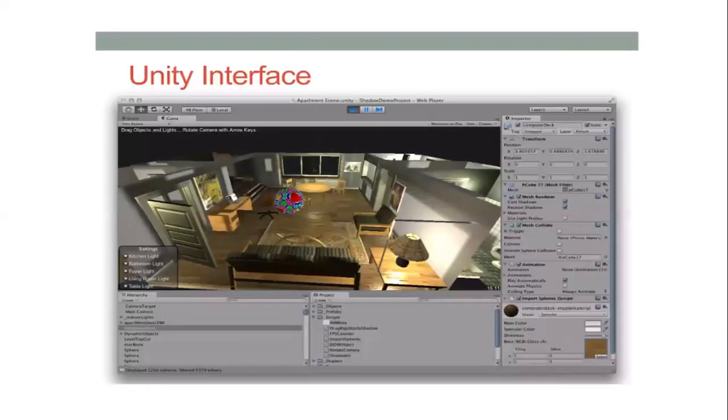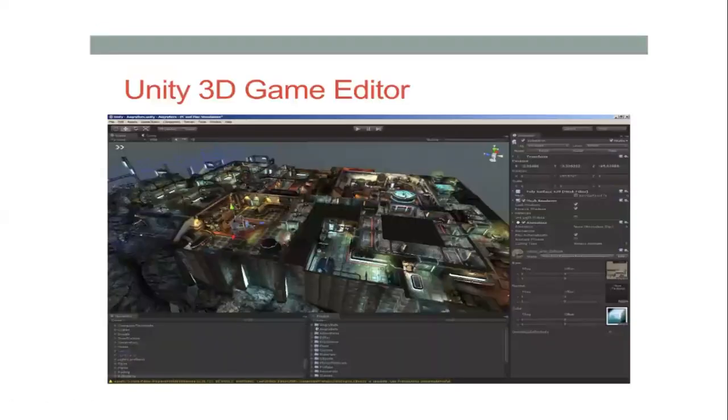Everyone's page, as soon as you have opened it, will be in a different view. For some of them, it will be left, right, up, down. We call that page the Unity interface. And the next page will be this. We call it the Unity 3D game editor. This will be the main first part to make sure of. See, it's a normal view actually. When I'm doing it, it is in a normal view.